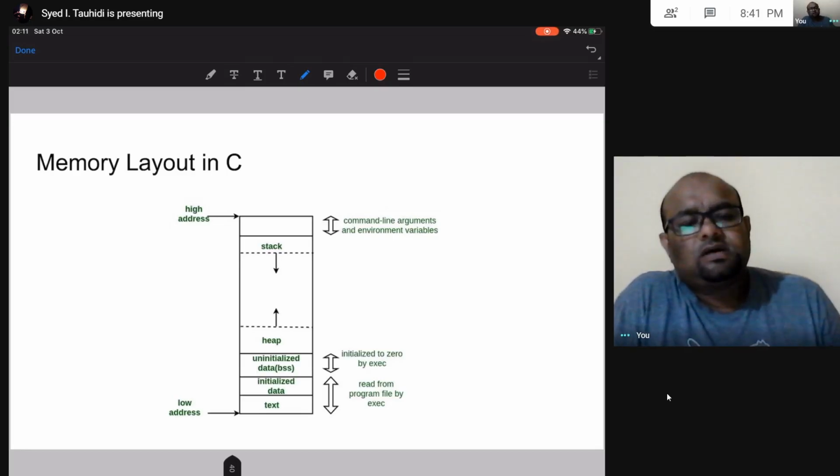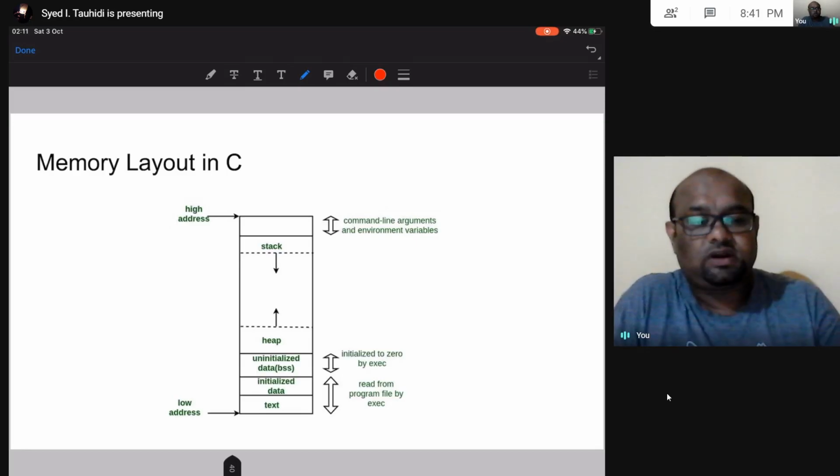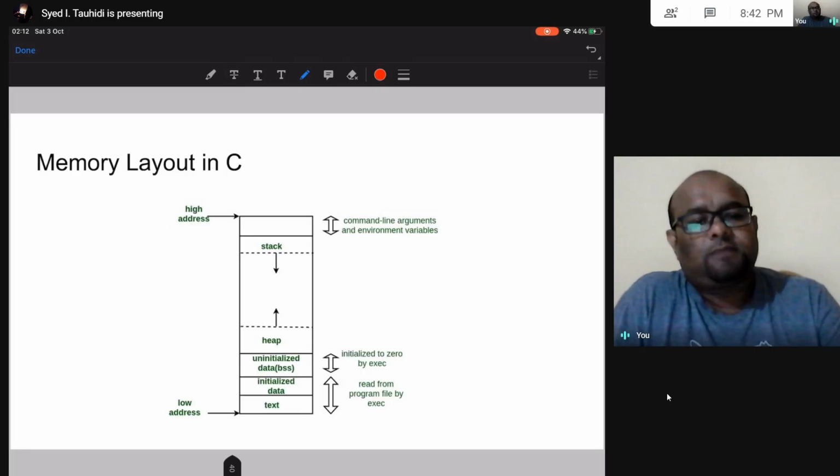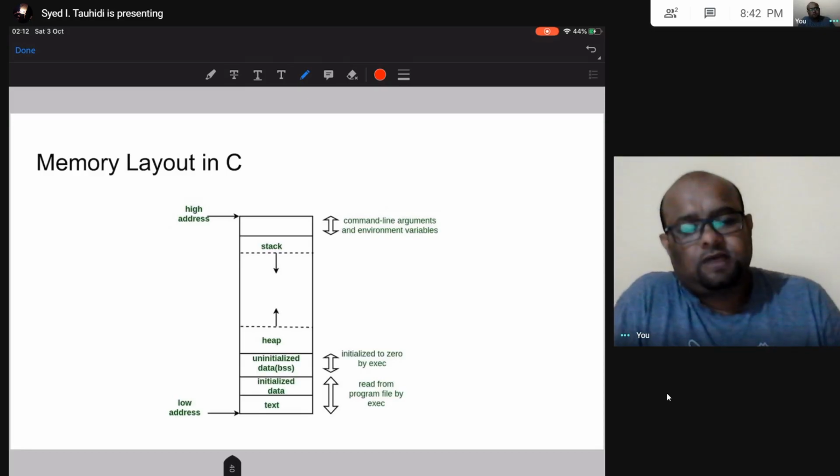Now, when you run your program on your computer, the computer is now running your program. So your program is going to need a certain amount of memory. Your operating system on your computer is going to allocate a certain amount of memory in RAM to your program.